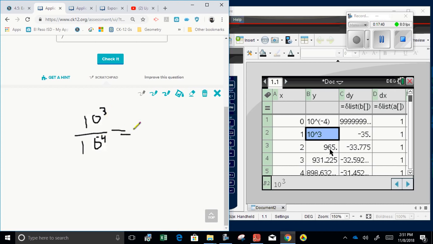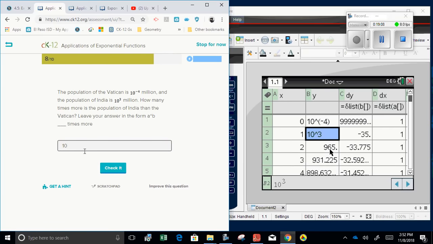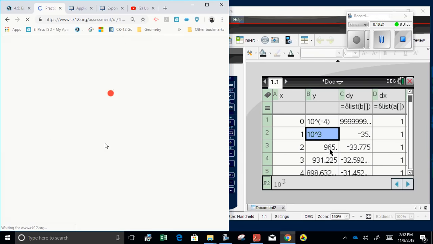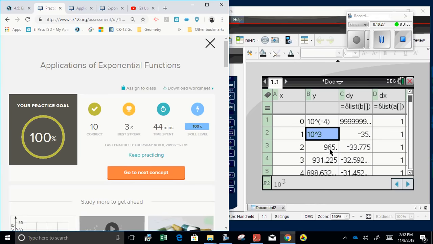But this really equals 10 to the 3 times 10 to the 4, which in turn equals 10 to the 3 plus 4, which equals 10 to the 7. Let's see if it works out. 7. 10 to the 6. I'll leave it